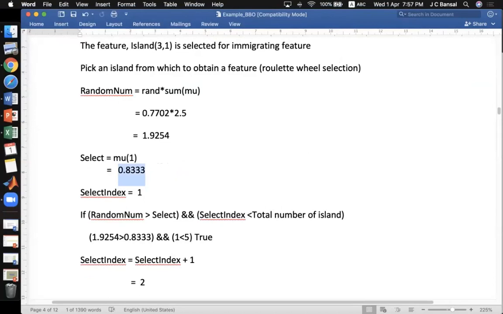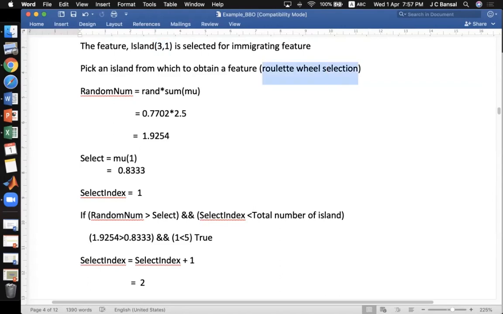Mrinali asked the question whether we have to check this for all the features of all the islands. Yes, all the features of all the islands are to be checked one by one. So we have finished with the 2 islands. Now we have reached the third island, first feature, and we found that this is true, that it is ready for the immigration.